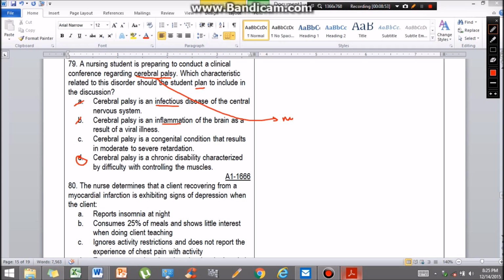Cerebral palsy clients have normal IQ, and cerebral palsy is a disorder affecting the extrapyramidal tract. And we all know that the extrapyramidal tract's function is for what? For motor function. Therefore, the answer is D. Next,